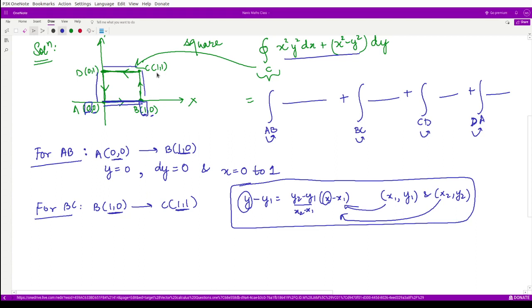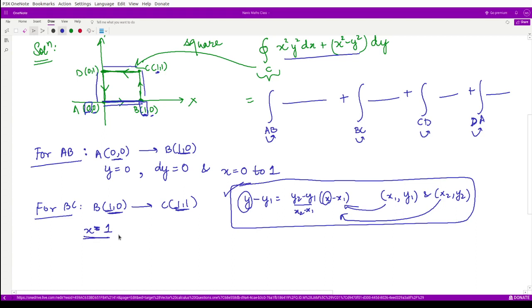Using these 2 points, I can write down the equation of the line. Moreover, you can clearly see here that the x value remains the same: x here is 1, and x here is 1. So I can directly write that x is equal to 1. This is the equation of the line. Even if you obtain it using the formula, or directly by looking at these values, it is going to be the same: x is equal to 1.